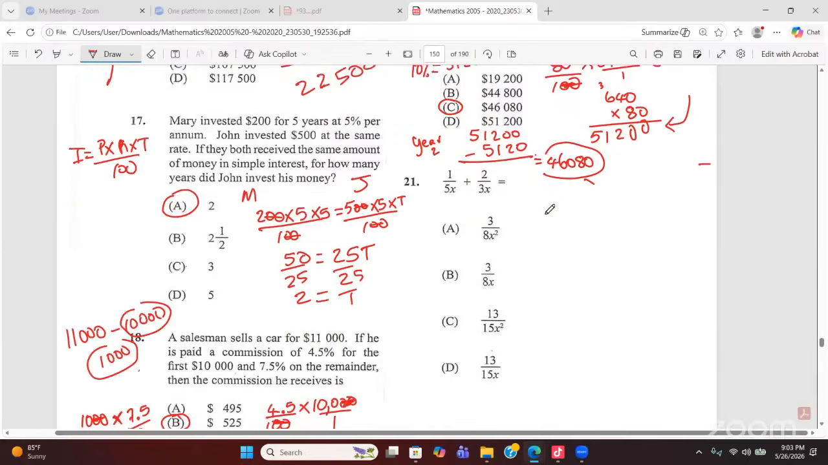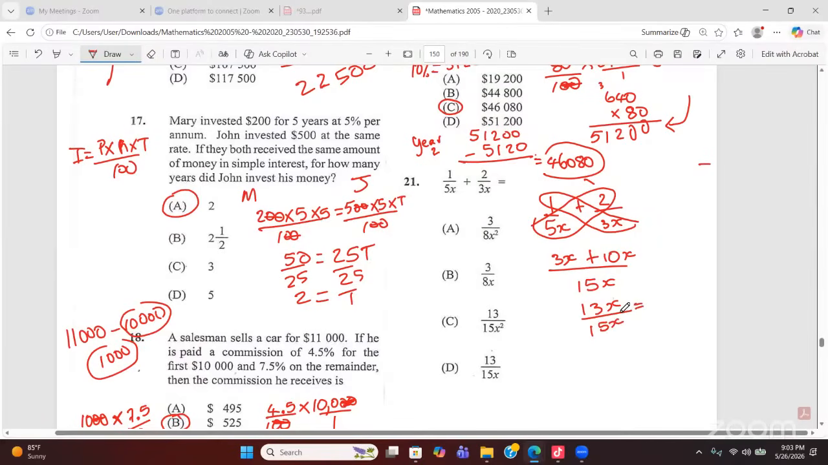This question is highly repeated. So it is 1 over 5x, and you're adding that to 2 divided by 3x. My LCM is not 15x squared. It is just 15x. So you can quickly do this. As I said to you, you can go like this. 3x times 1 is 3x. 5 times 5x times 2 is plus 10x. So this is now 13x over 15x